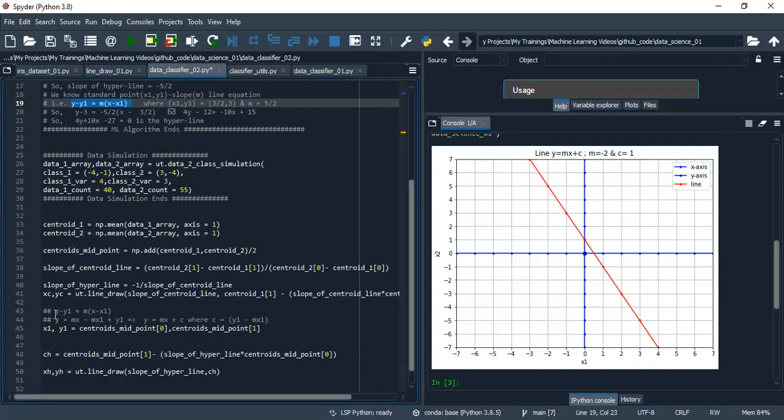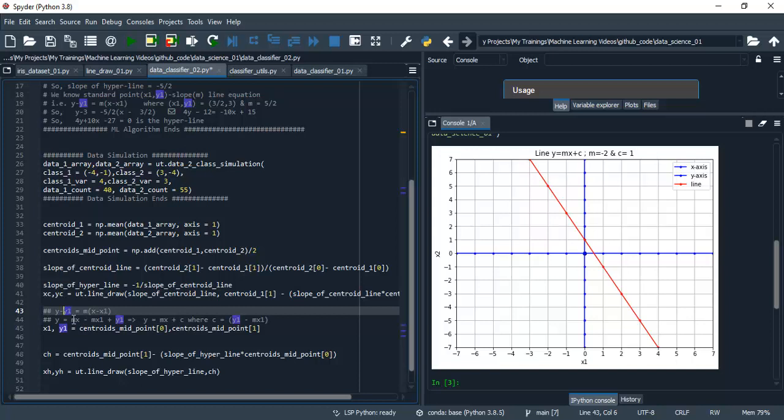So we have an equation y minus y1 is equal to m(x minus x1), and if we expand this, y is equal to mx minus mx1 plus y1. Okay, and then we are trying to bring this standard equation, which is nothing but the point-slope form, into a different standard equation, that is y is equal to mx plus c, which is nothing but the slope and y-intercept form. So let us just expand this, and then this will yield y is equal to mx plus c,